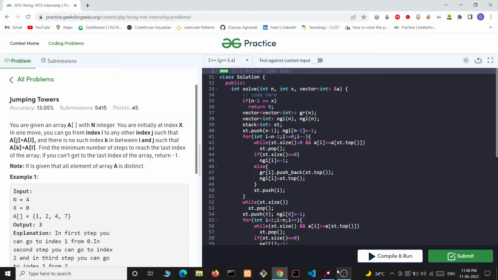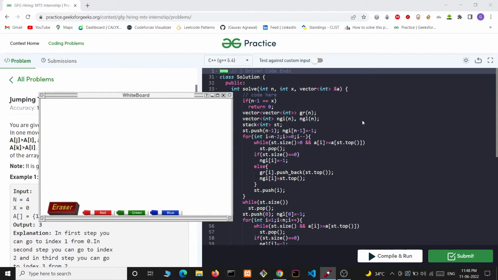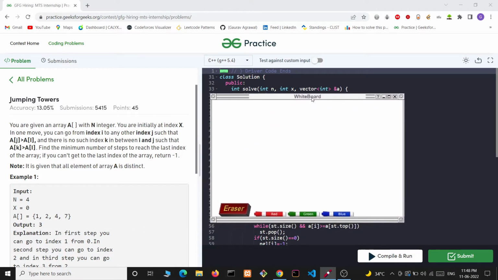So this is the last problem. In this problem, we are given an array A which has n elements, and we are also given an index x initially. In one move, let's say we are at the ith index.